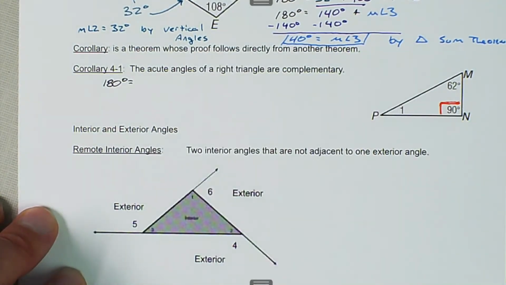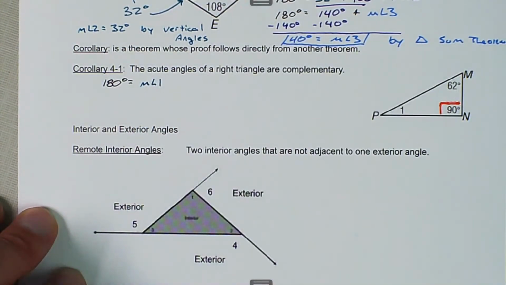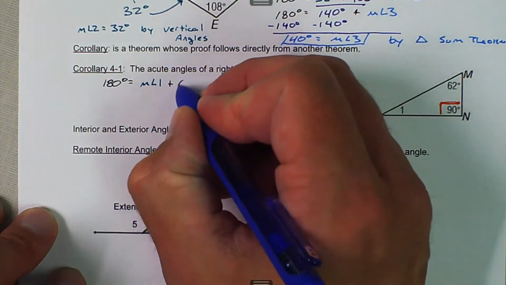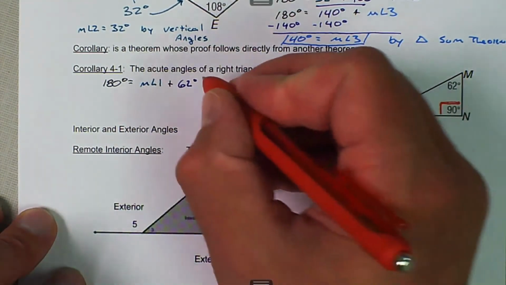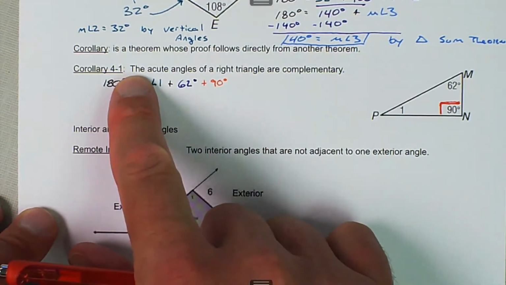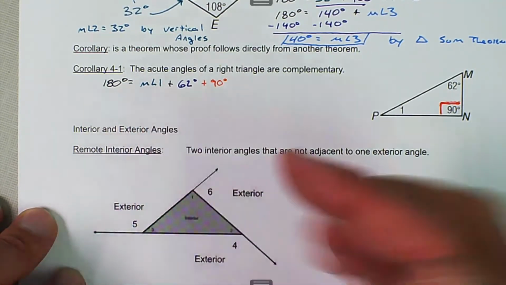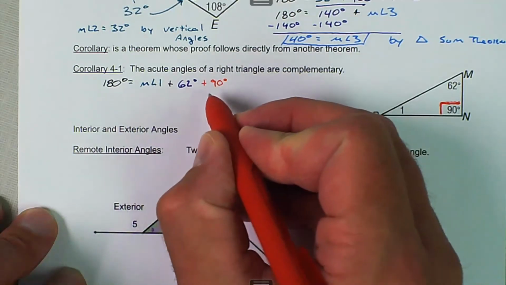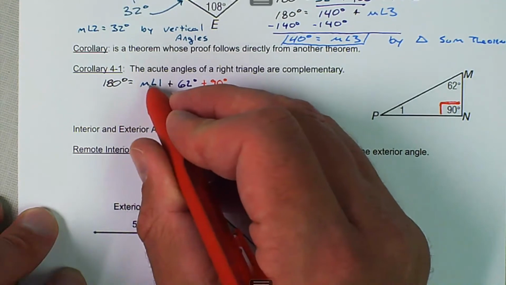the measure of angle 1 plus 62 degrees plus the 90 degrees. And the corollary just says these two angles are going to be complementary. And that makes sense because if I was solving this to figure out what the measure of angle 1 would